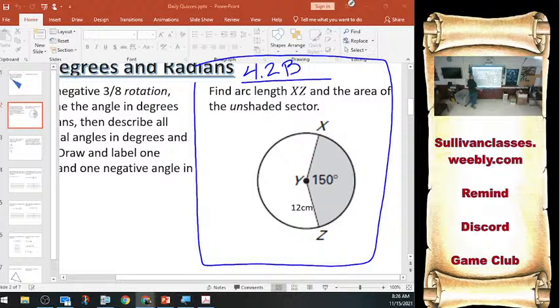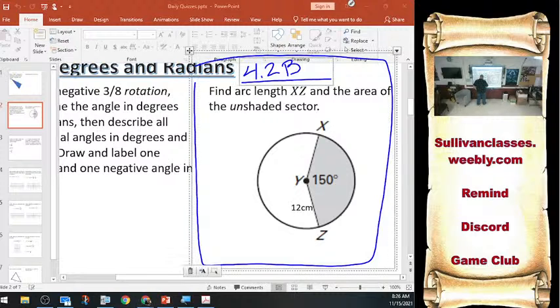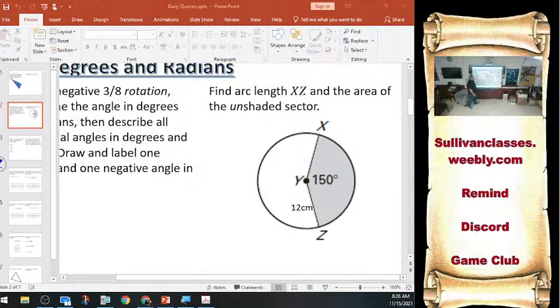Okay, arc length. Arc length is radians times radius. So if I switch 150 over to radians, 5 pi over 6, that's just 5 pi over 6 times 12. So 10 pi centimeters. Or about